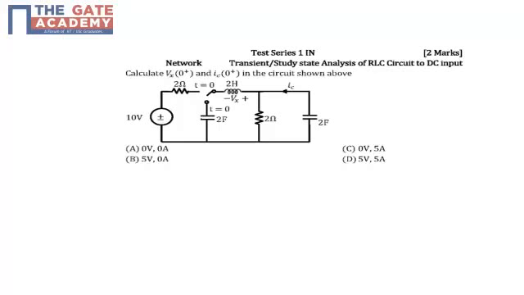Hello friends, this question is from the subject of network in the topic of transient state RLC circuits. It's a 2 marks question. In the problem we need to calculate the voltage across the inductor and the current across the capacitor. So let's draw the